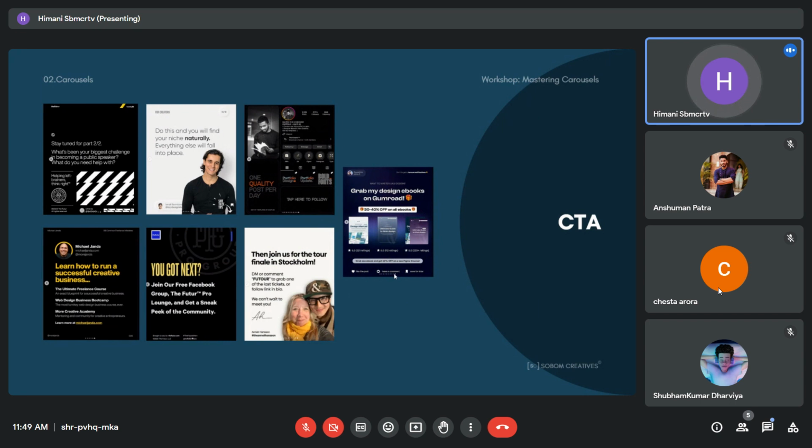So this is the last slide of what are the components in a carousel. So anybody has any questions over here? I think I'm clear. Okay, okay, cool. Then